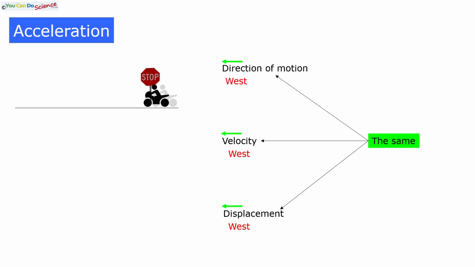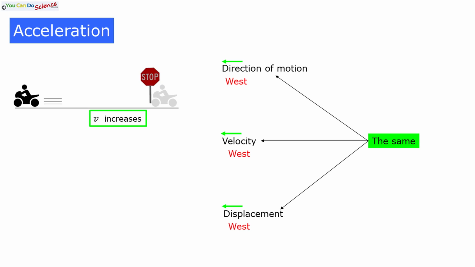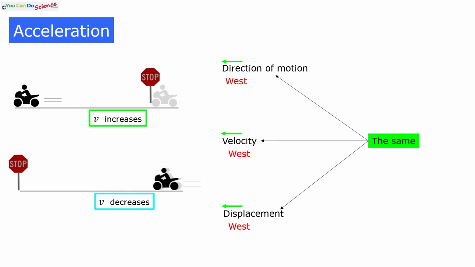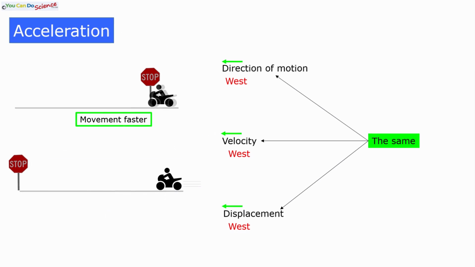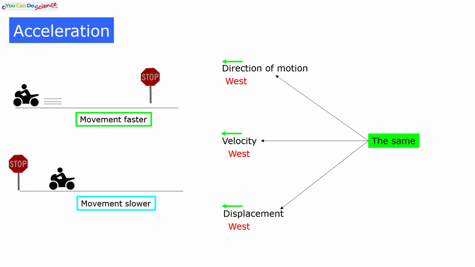While this motorcycle moves west, its velocity increases. The velocity can also decrease while it is moving west. In both cases, the velocity per time changed, and the motorcycle underwent an acceleration. Whether the movement becomes faster or becomes slower